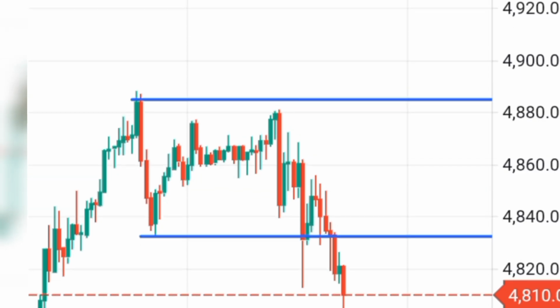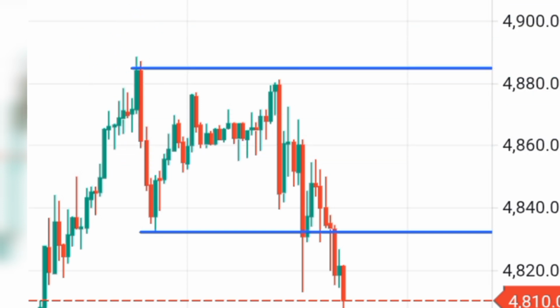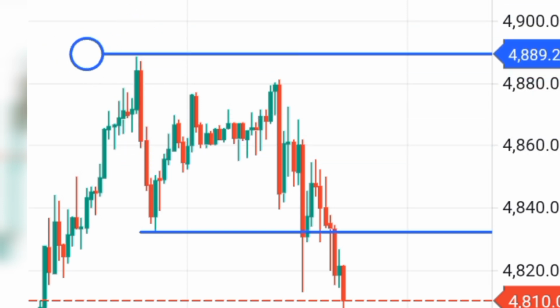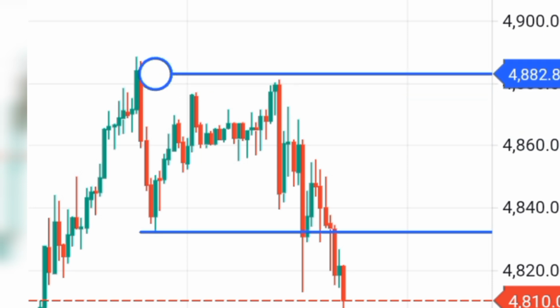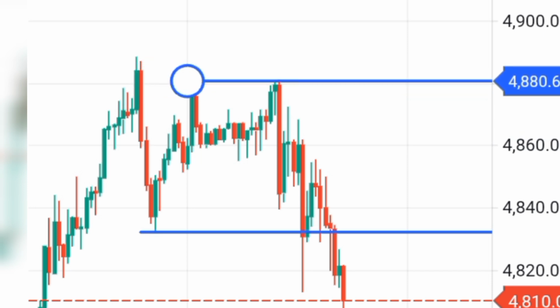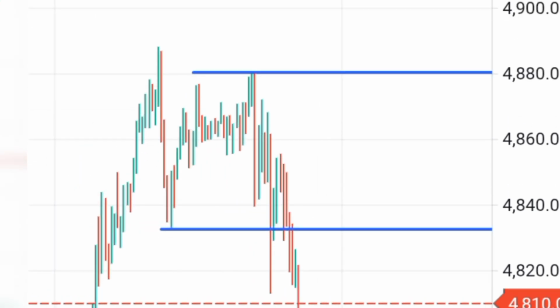Now here, you will see that this was a high, right? This was a high right there, okay? But now it has created a lower high. It is right here. Now we are saying this is a lower high. Now we want a lower low, right? It means that we shall get some